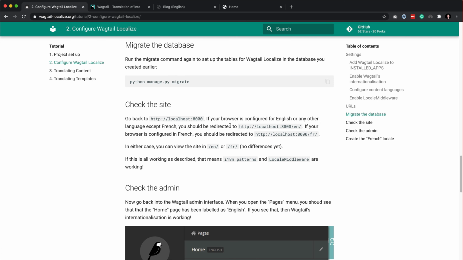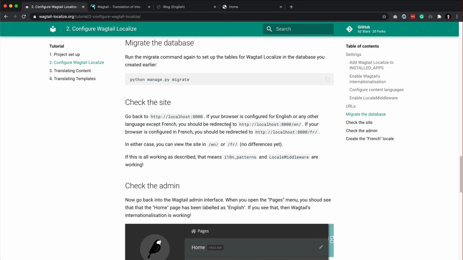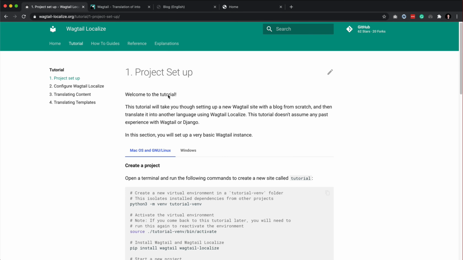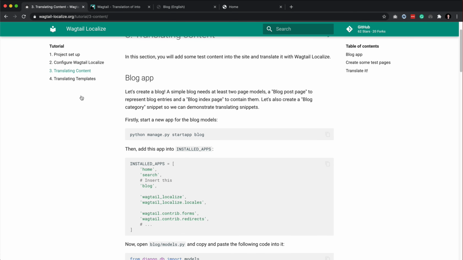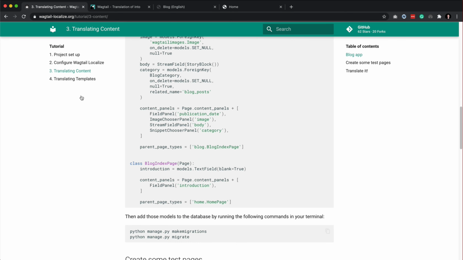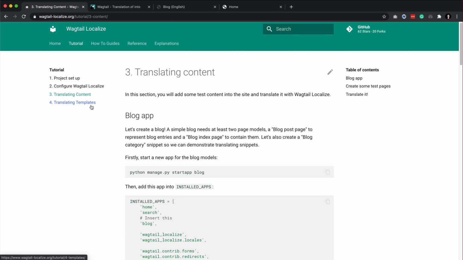Now, if any of this was ever confusing to you at any point in time, please head on over to wagtaillocalize.org and click on tutorial. There are two other steps that we didn't get into, such as translating content. Actually, we did kind of get into translating content, but there is a better, more full demonstration in here. We did cover translating some content, but this is a much better example. And then there's translating your templates, which gets into a whole other thing,